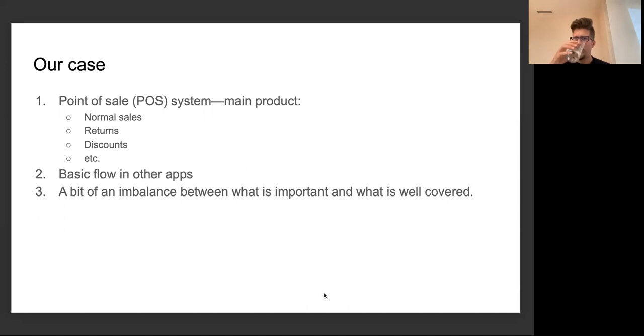So as I mentioned, our case is retail, our shops. Our main product is a point of sale system. So we have a lot of tests that are checking the normal sales, some returns, discounts, the typical things that our customers are depending on, and pretty much the reason why they are paying the company. And